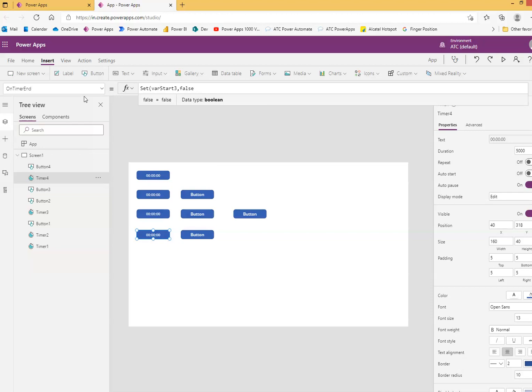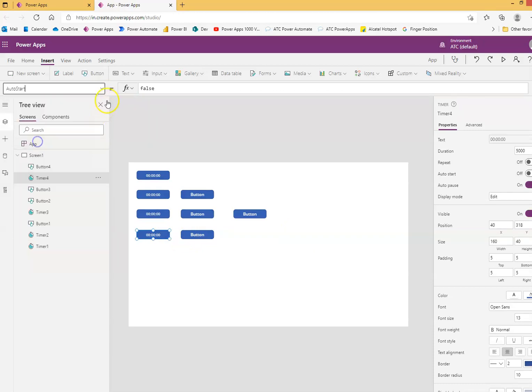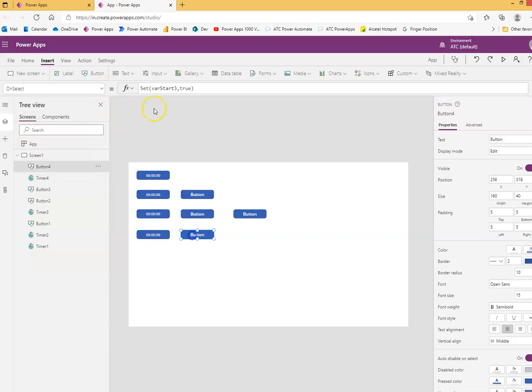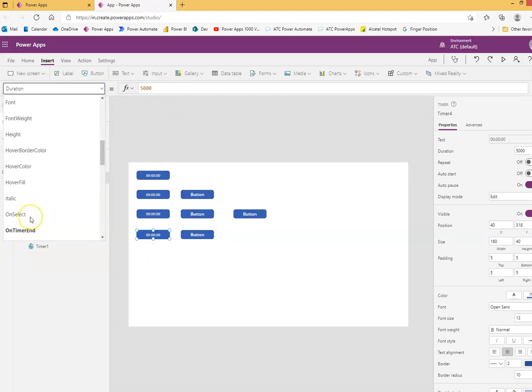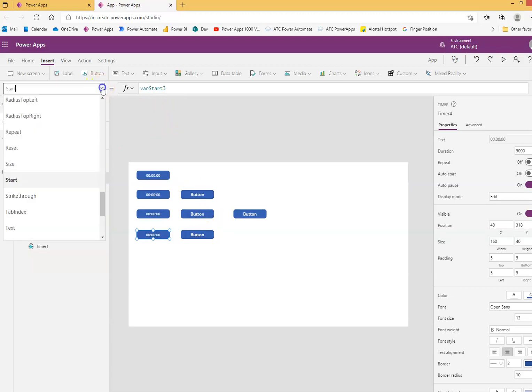True, false, true, false, true, false. Once again, this timer auto start is false. The duration is 5 seconds. Only when the button is clicked, this timer will have a start set to that variable start 3, and when the timer ends, on timer end,